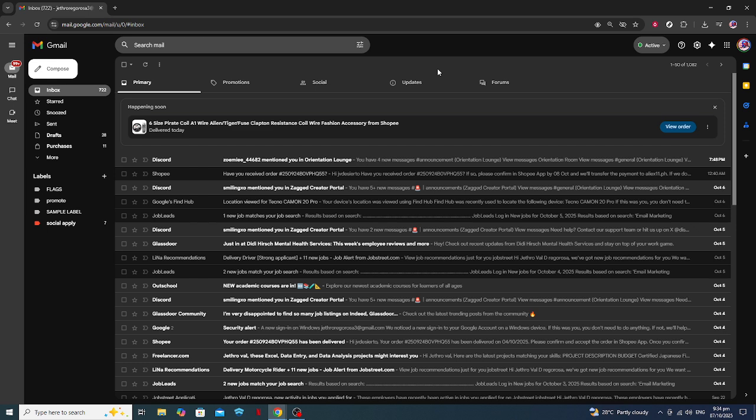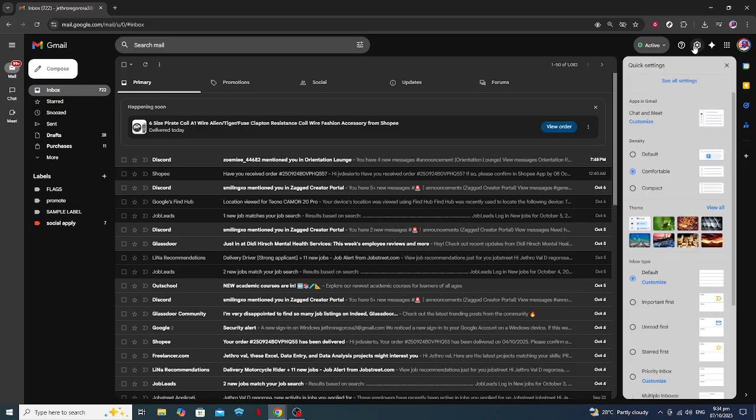Start by opening your Gmail account in your web browser. Once you're logged in, locate the settings icon in the upper right corner of the page. It resembles a small gear. Clicking on it will reveal a drop-down menu. From there, select the option that says See All Settings. This will take you into Gmail's main settings page, where we'll find the options we need to enable and customize